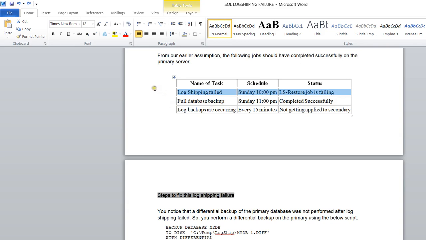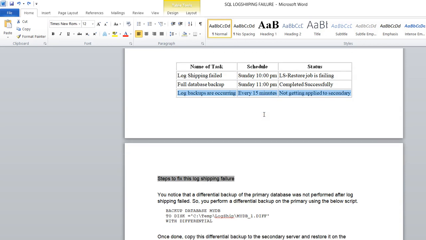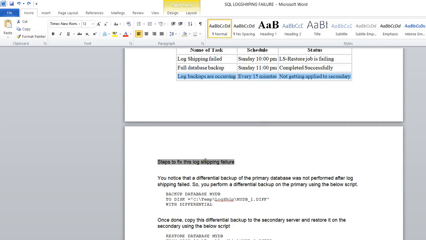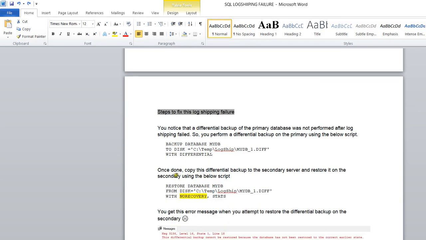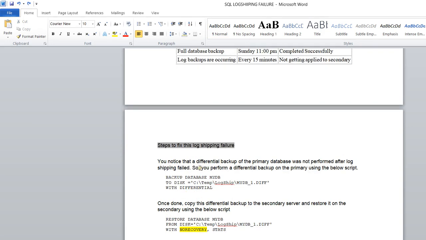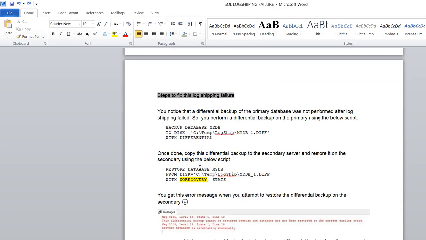So your log backup is not working here and it's not replicating on the secondary, right? Because of that, if you take the differential and try to restore it on the secondary, it's not happening here. If you look at this error, it's not applying, because the LSN is not there. Now the LSN has changed, right? You are getting my point.